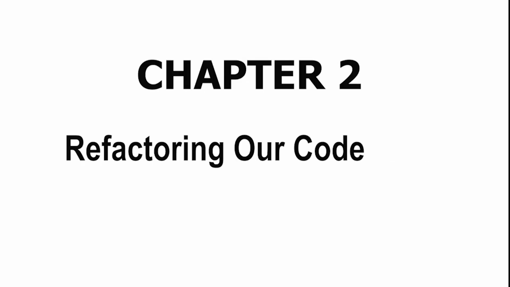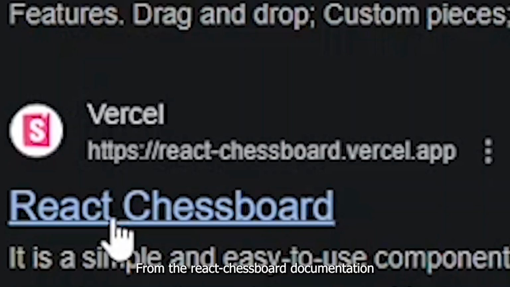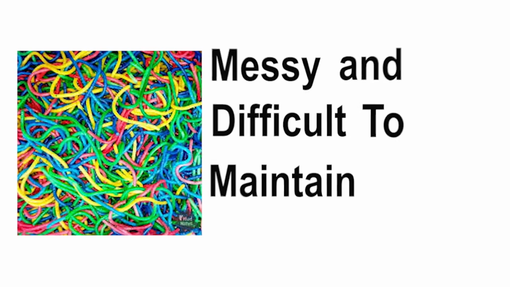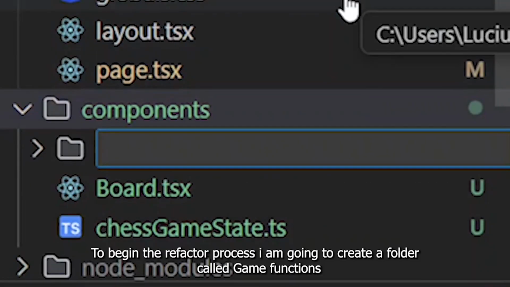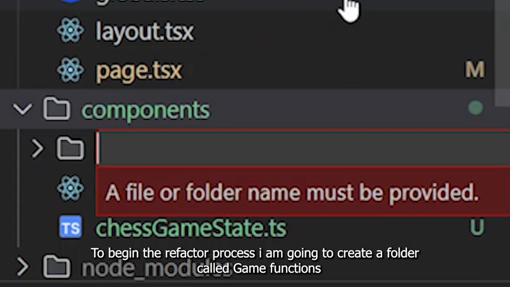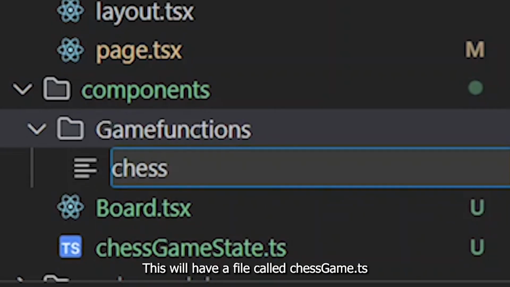The next stage is to refactor our code base. Now you see this code is going to be very finicky. The code that we copied from the React Chessboard documentation is quite messy and difficult to maintain. So basically spaghetti code. To solve this problem, I'm going to create a folder called game functions. In this folder, I'll have a file called